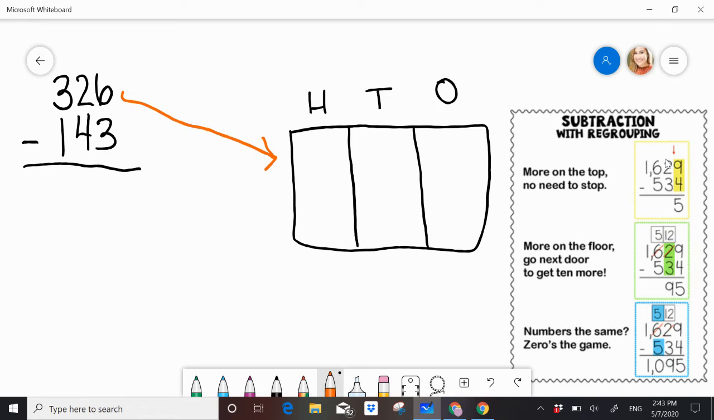The bigger number is 326. 300, 10, 20, and 6. Cool. Awesome. Now I want to take away